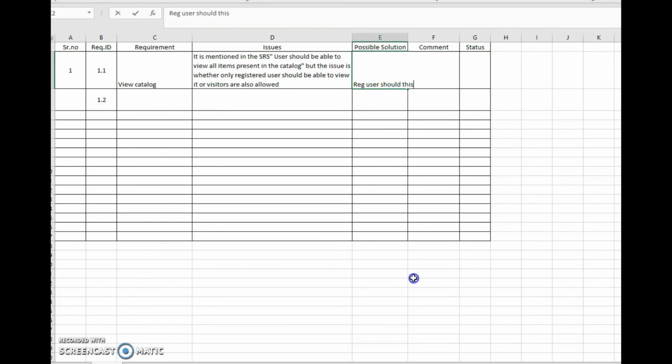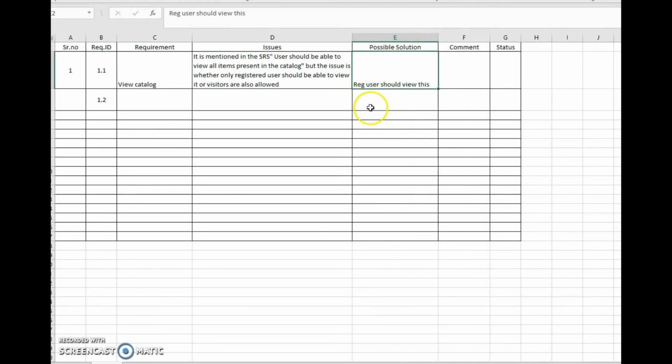Okay, so now I have given the solution. Now this is only for tracking purposes. Ideally this solution should be updated in the SRS, so you should get the updated SRS. Until you get the updated version of the SRS, the issue status would still be open. Once you get the updated document and verify that it is clearly updated,